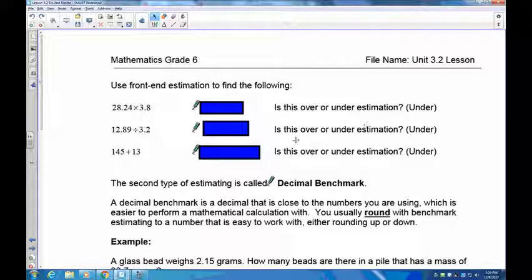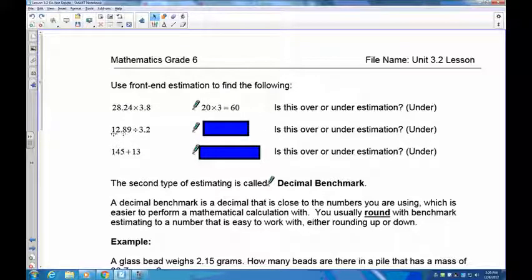Okay, well, first thing I'm going to do is this is going to become 20, and this is going to become 3. All right, so my calculation is 20 times 3. Well, 2 times 3 is 6. Add the 0, so this answer here should be around 60. Okay, this one here,